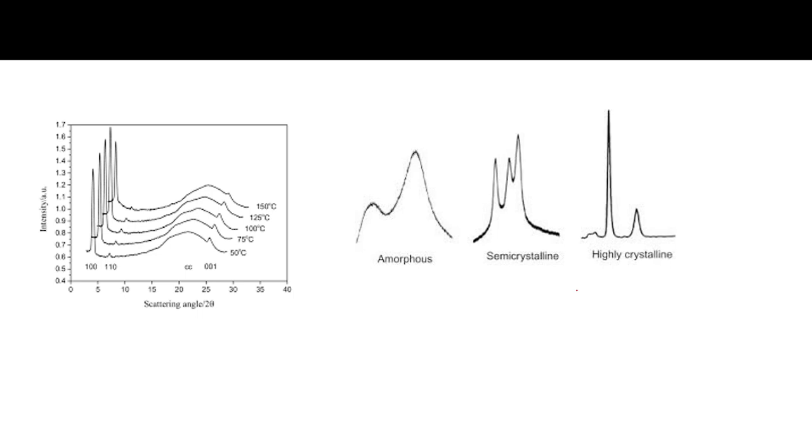For XRD, if we talk about an amorphous material, we get a plot like this when it is semi-crystalline. Most synthetic polymers come into the semi-crystalline region, so we get a plot from the XRD like this. Amorphous materials, mainly all the rubbers, come